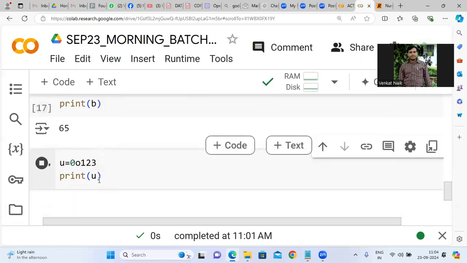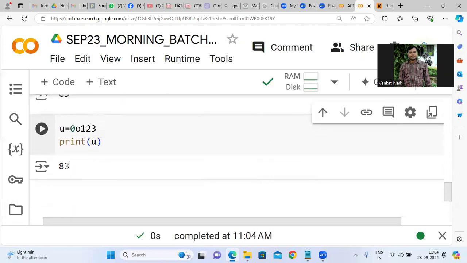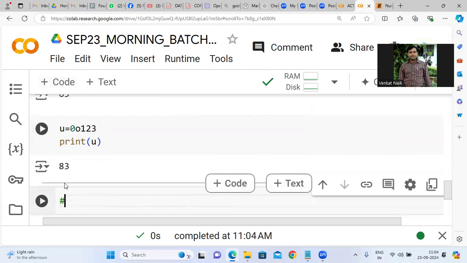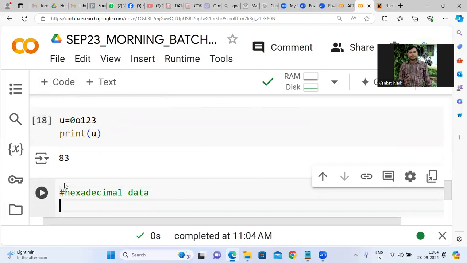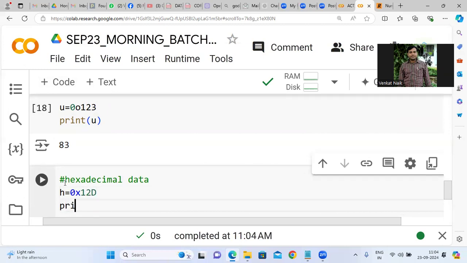Because human understand only decimal data, 83. Are you clear? Great. Similarly, hexadecimal data, H is equal to 0 followed by X followed by 1, 2D. Print